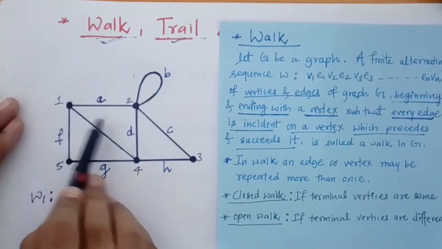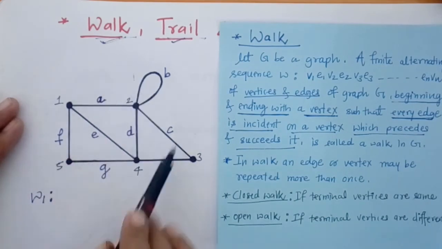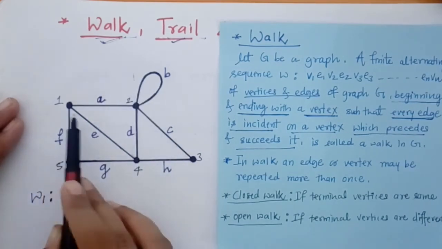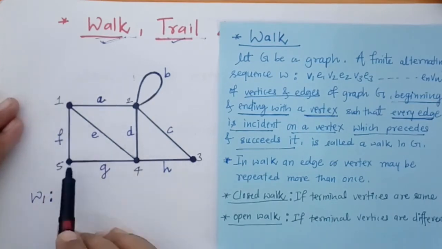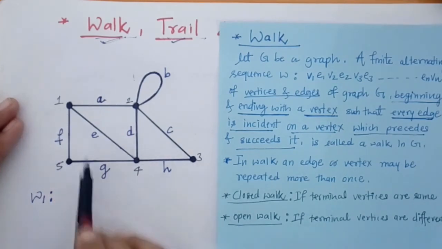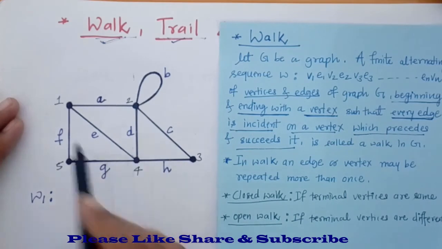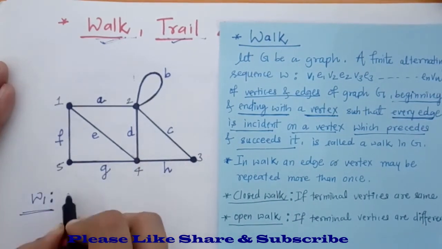If we have to travel from vertex 1 to vertex 3 here, by how many ways can we travel? Yes, now we can go from vertex 1 to 3 this way: from vertex 1 to 5, 4 and 3. So this we simply call a walk. If we write this as W1, we will write this walk as